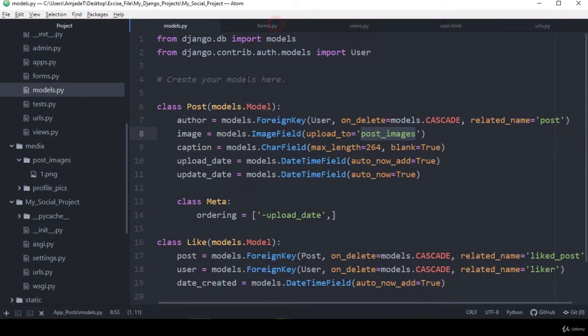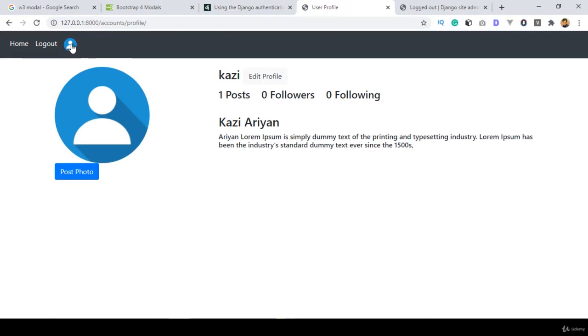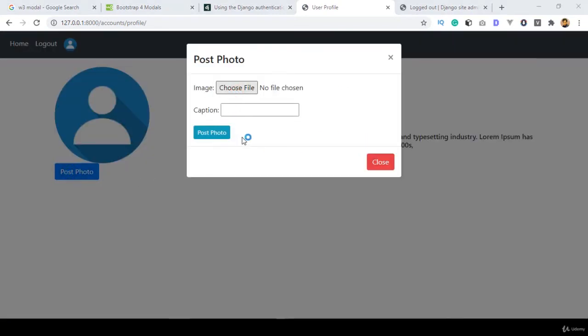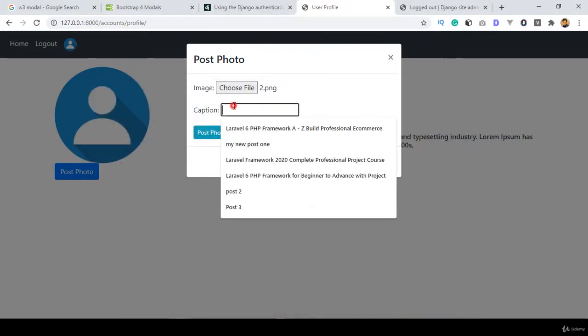Perfect. So everything is working great, and now we can actually submit it. And now if you go to our post, yes, you can see friend, now it's showing our one post. Because I have already added one post, and now if you want to add another one, I choose another one, open it, name it as a Jack Ma